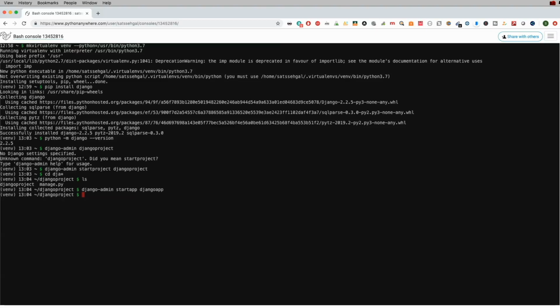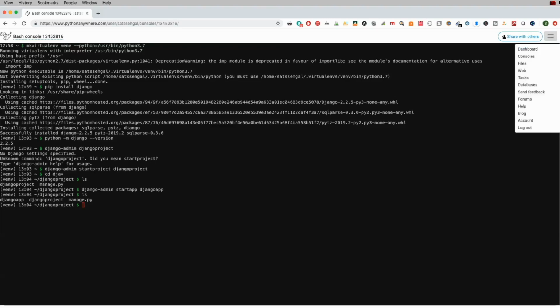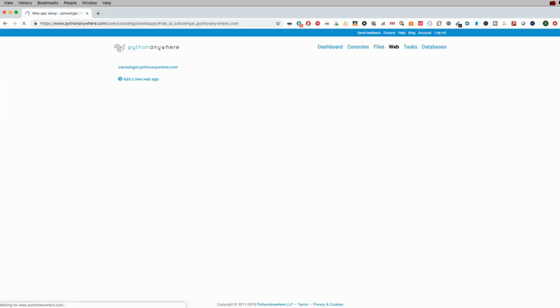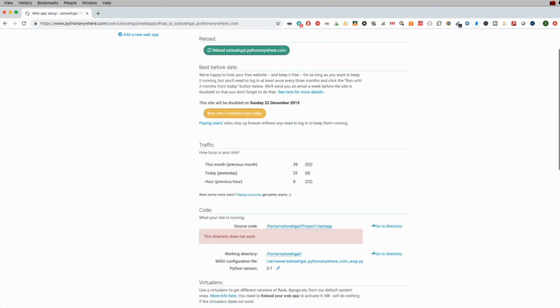What we're going to do is a couple of steps, and then we're going to come back. I'm going to show you how to actually run the server. So now that this part is done, let's see. We have our Django app, Django project, and manage.py. The next thing we're going to do is go over to Web. So click on this little three-line hamburger drop-down menu here, and we're going to go over to Web, and we're going to go down to